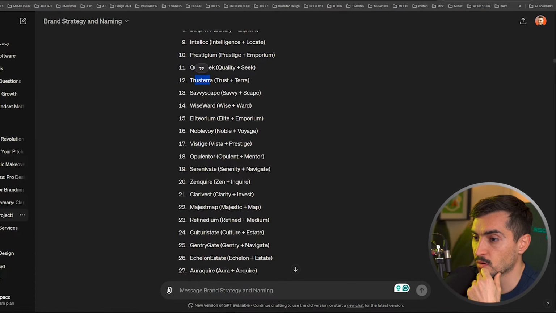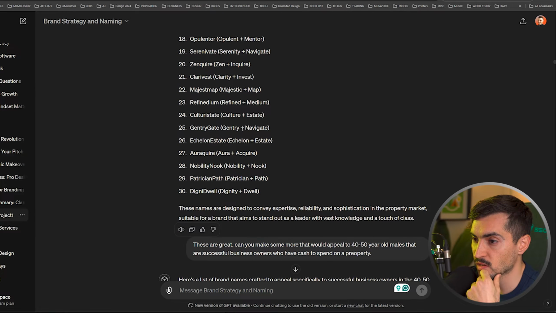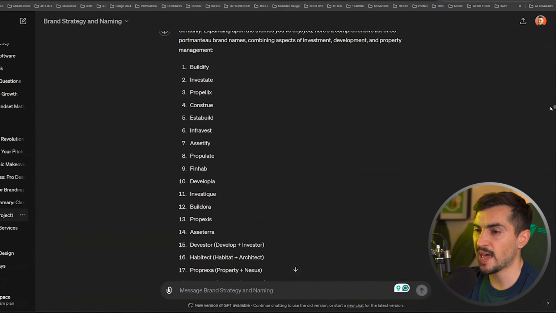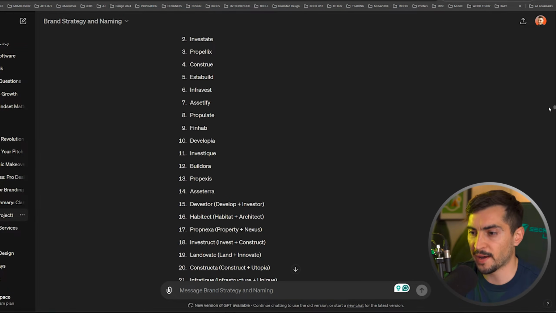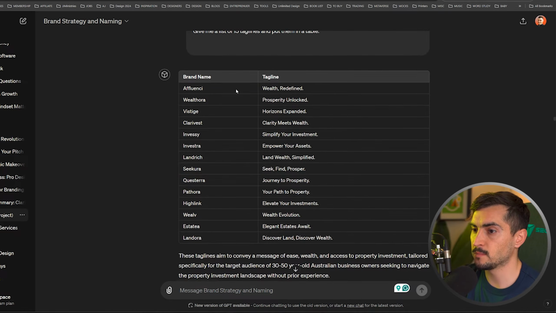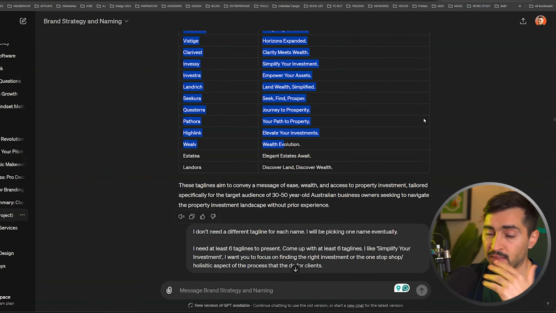There's a whole different bunch of ones here, and it gave us some of the descriptions. And so after we refined this, we actually decided to go down to one word because it was simpler, and it's easier to find a domain for it. So after we went through that refinement, we came up with a bunch of names, and then I presented it